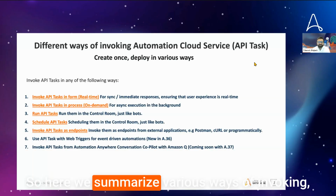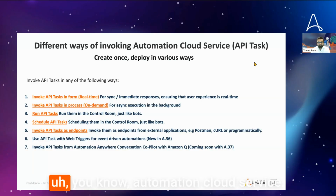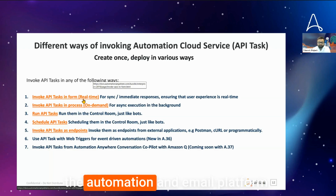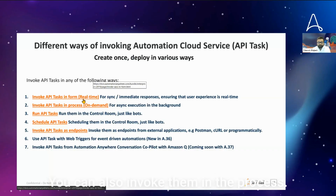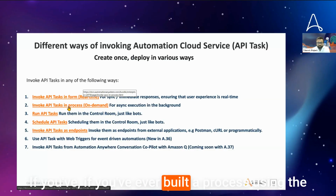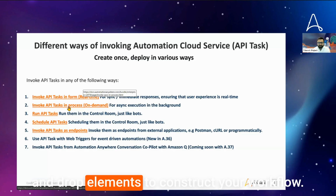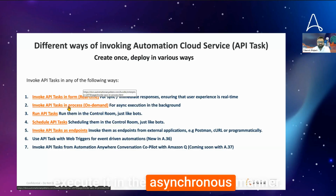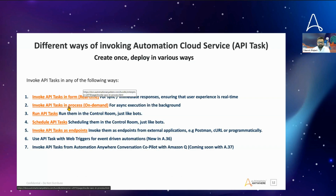So here we summarize various ways of invoking automation cloud service. The first way is you can invoke them in the Copilot forms, which is a part of the Automation Anywhere platform. You can also invoke them in the process. If you've ever built a process using the process composer, you know that you can drag and drop elements to construct your workflow. So you can drag an API task element and execute it in the asynchronous manner. Thirdly,